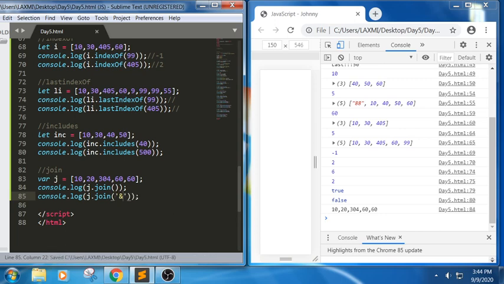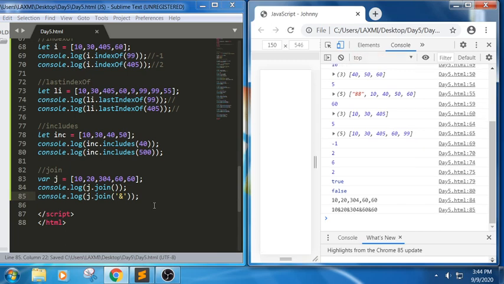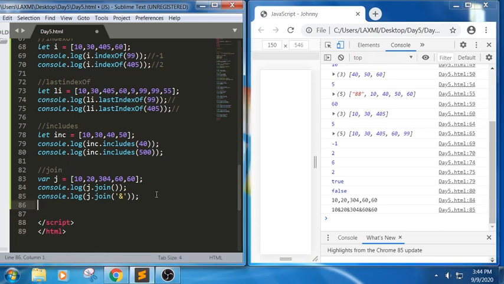Okay, let me put 'and'. We got 'and'. So if we don't pass anything, the comma is the default delimiter, and when we put some character, it will join the elements together and return a string. In includes the return type is boolean, but in join the return type is a string.